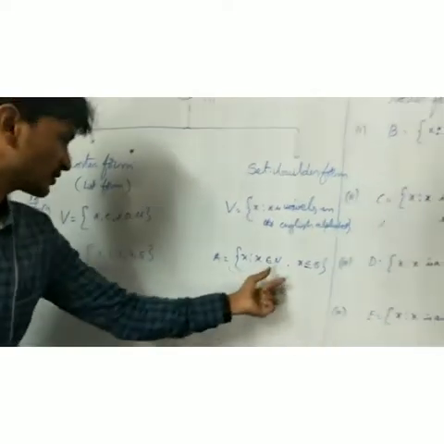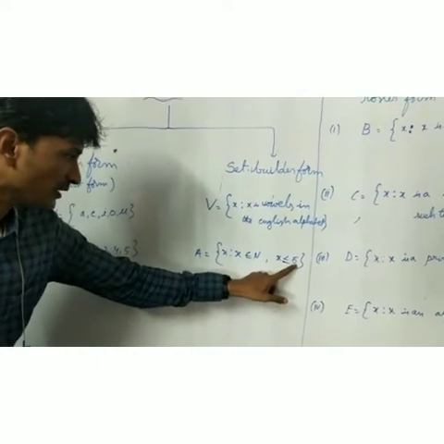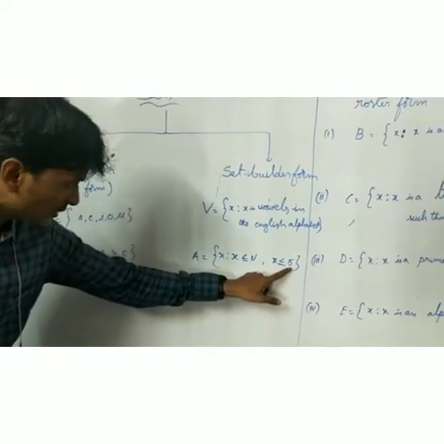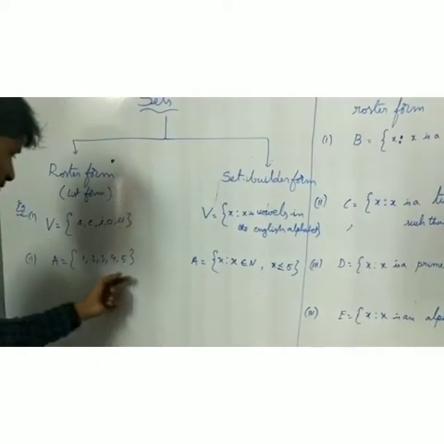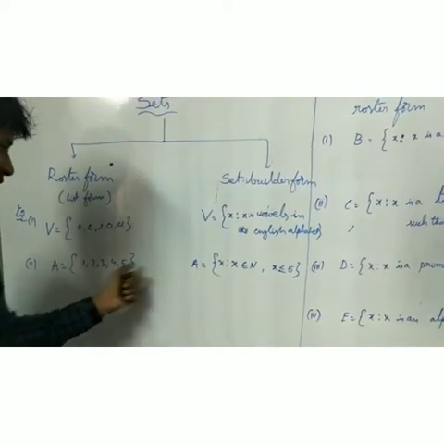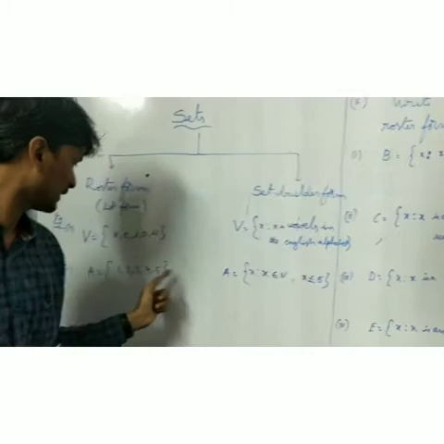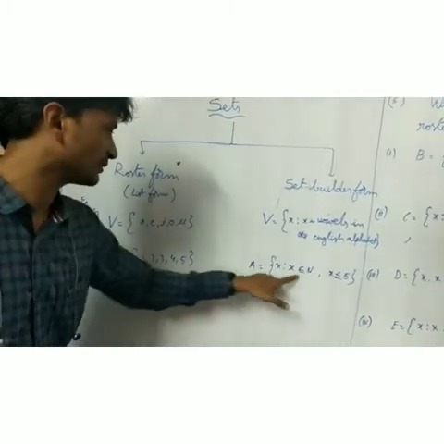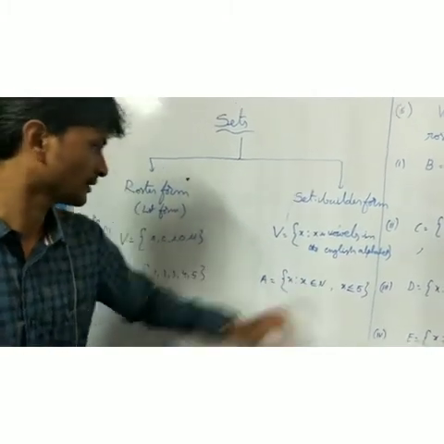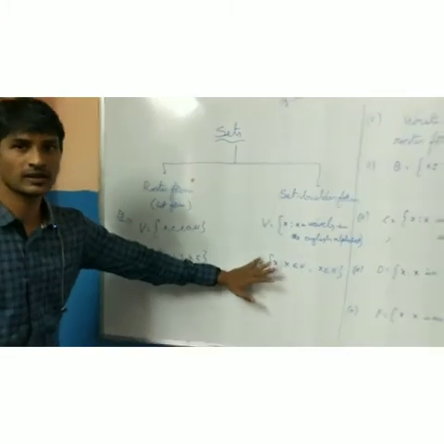That's the set containing. So we have to write x less than or equal to 5, which means 5 is also there, and less than 5: 1, 2, 3, 4, 5. It's there and here. So every number is also a natural number, x belongs to N. So we can write like that.